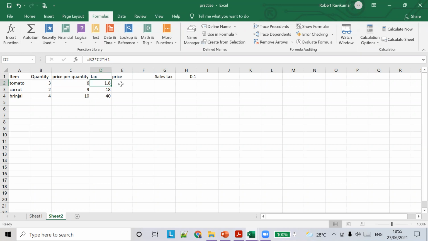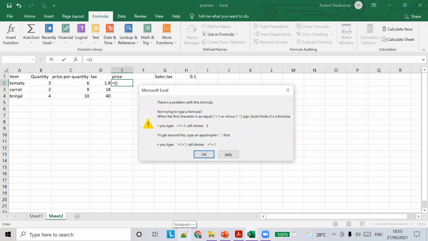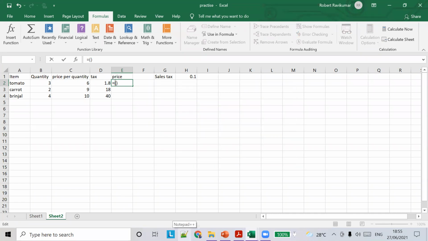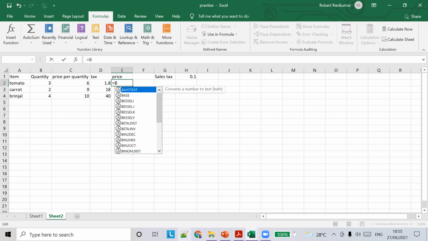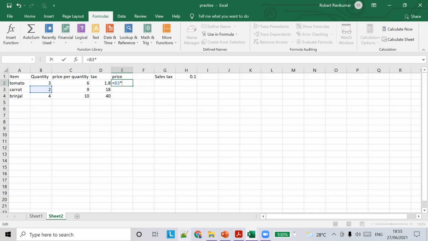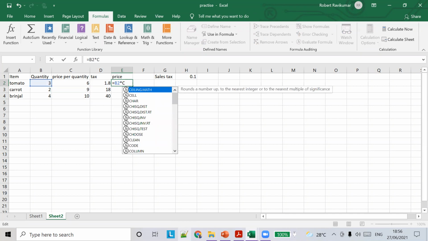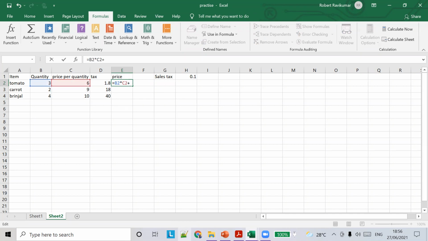So the tax will be 1.8 and the total will be 6 into 3, 18, plus D2.